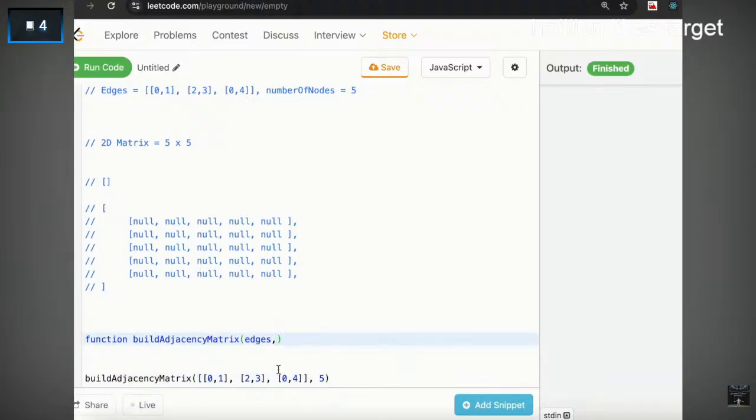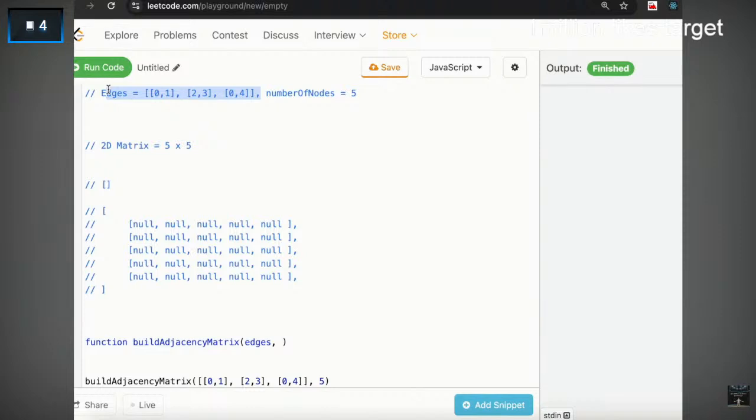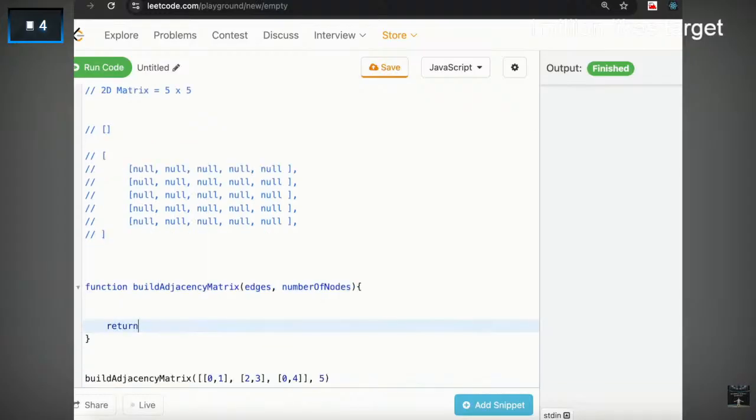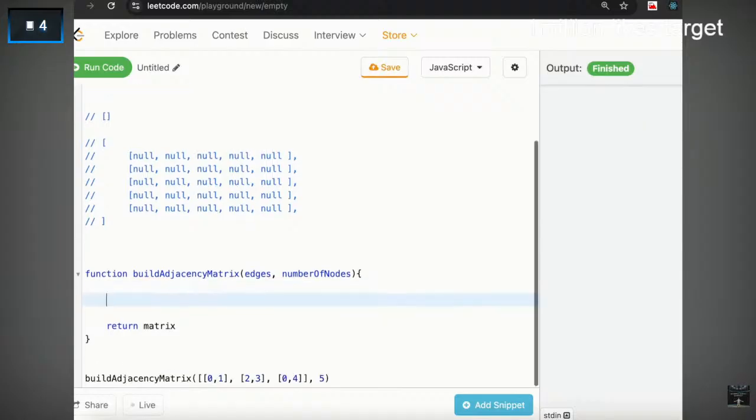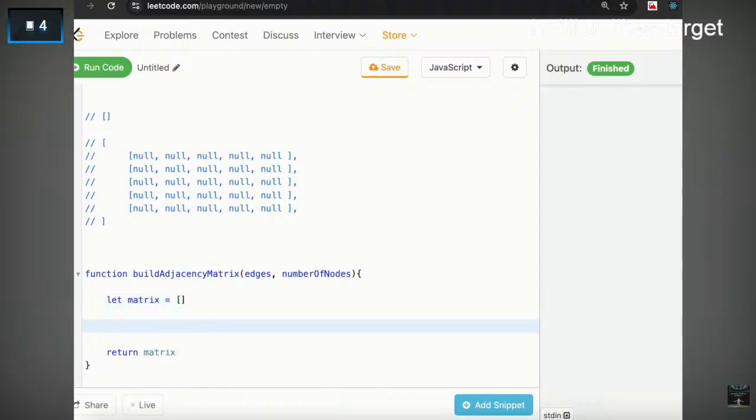हैं एक edges array होगा, ओके, this one, यहाँ पे मैंने example दिया है, और number of nodes होगा, ठीक है। तो number of nodes ले लिया और मुझे पता है कि इस function से तो मुझे एक matrix return करना है, करेक्ट, यानी कि 2D matrix return करना है। Step by step अगर देखो तो मैंने बताया कि एक matrix भी क्या होता है, एक single 1D array ही होता है जिसके हर एक element में भी एक array है, करेक्ट।